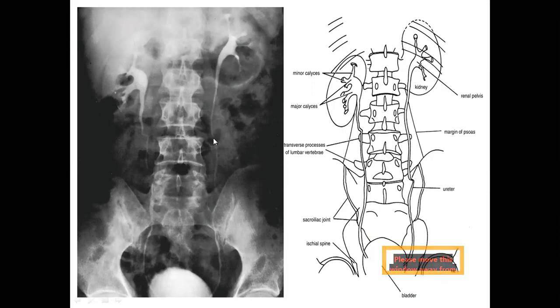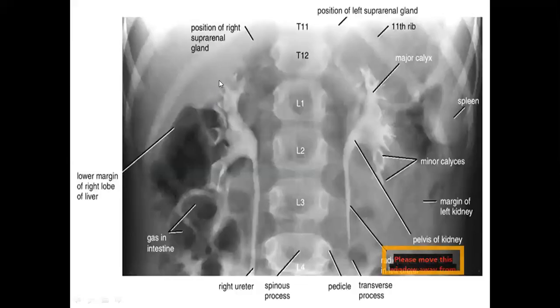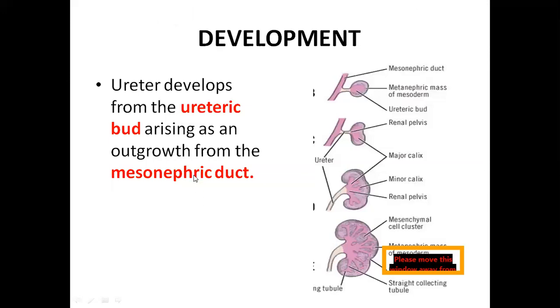You can see how the ureter is running over psoas major. It is entering the pelvic cavity and entering the urinary bladder. Here also is the same course. We have to check if there is any obstruction or stones. Again you can see the outline of the kidney, the calyces, and the pelvis of the kidney, where you see the starting point of the ureter.